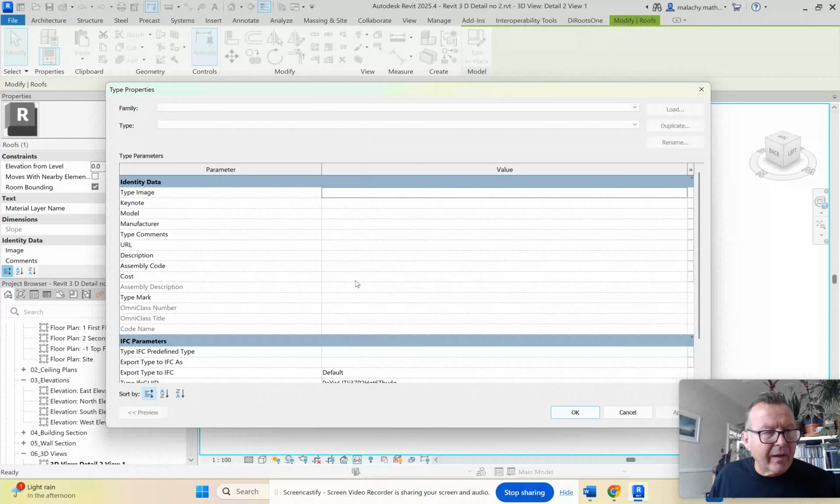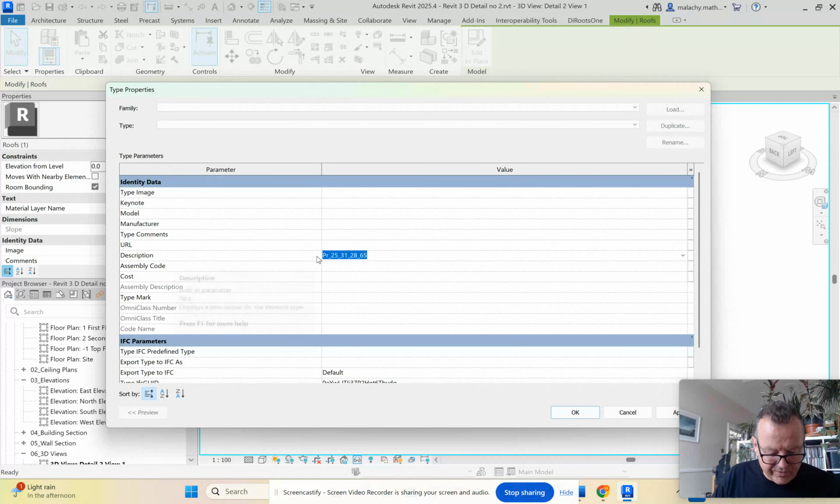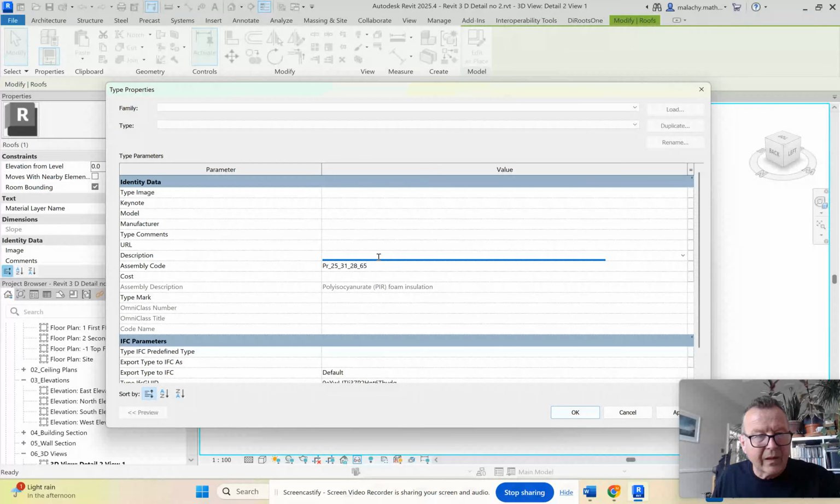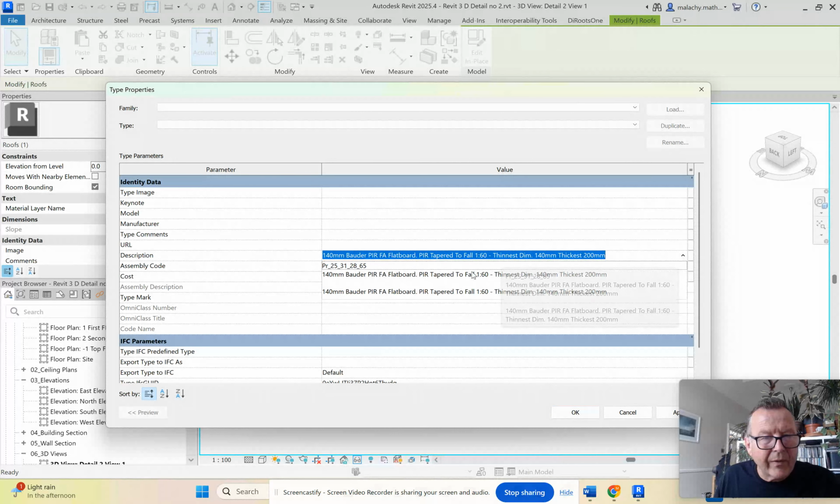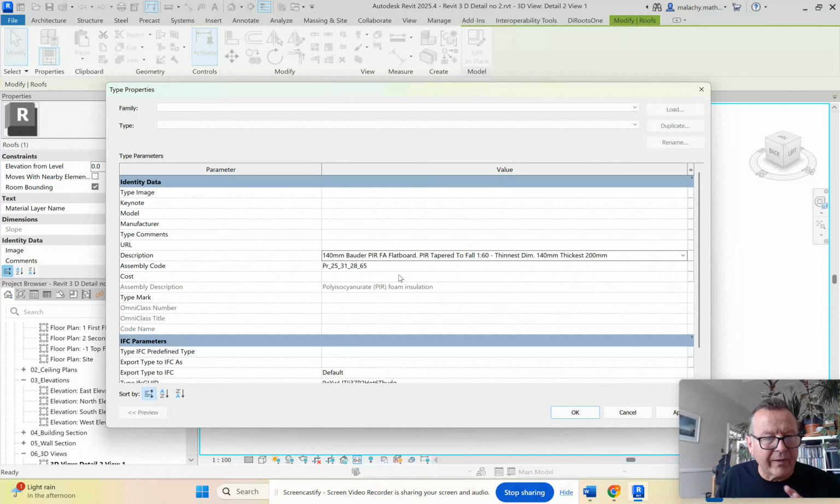Here we are here, and I'm going to, in the description, Control V. Okay, that didn't work. Oh, I just picked up the assembly code, so I'll go Control X that, and I'll put that in Control V. Let me take that one down. Oh, there it is. Sometimes it is a little bit funny. Right, there we go. Our flat board, we've got the assembly code, and then whatever the type mark is, so